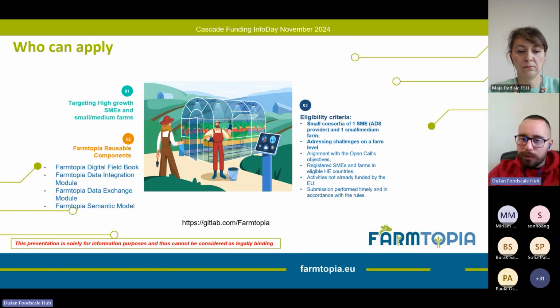So who is this open call for? It is for small consortia consisting of 2 partners, an SME that will act as the provider and the developer of the agricultural digital solutions, and a small or medium farm that will act as the end user, where this solution will be applied, tested, and validated. An important thing to highlight here is that while cooperatives are not eligible for this open call on their own, they can apply through their members who are small and medium farms, and it is encouraged to work together with